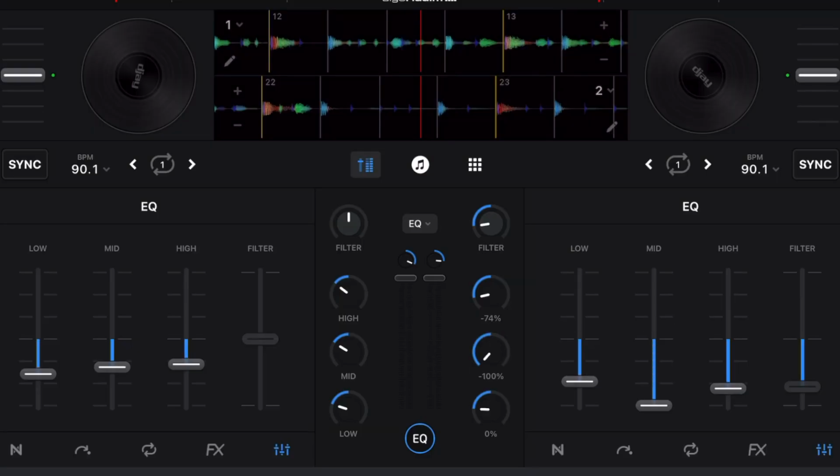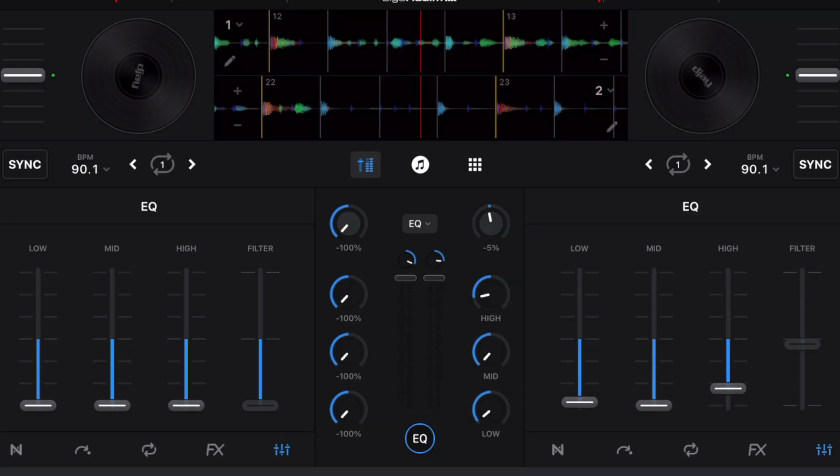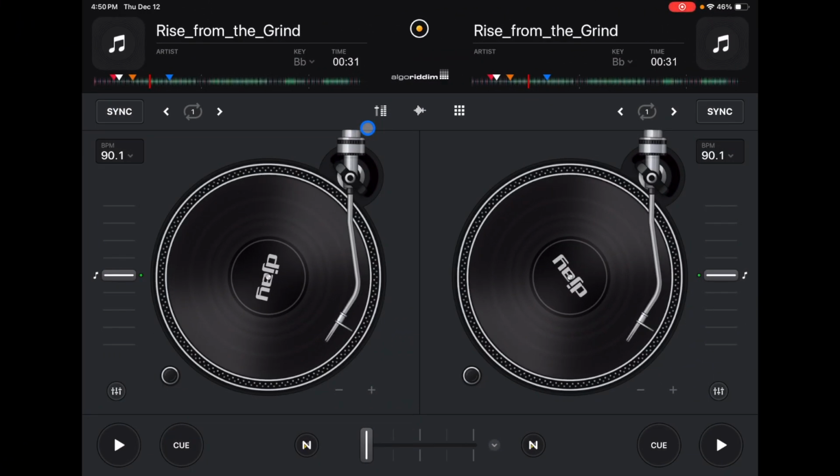EQs are essential for mixing songs together, and Djay Pro makes it super easy for us to access and manipulate the EQs. And in this short video, I'm going to show you everything you need to know about the EQs in this amazing software. Starting in classic mode, it may look like you have no way to adjust your EQs, but